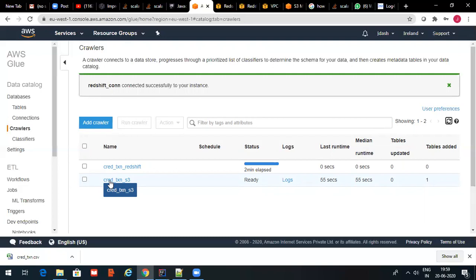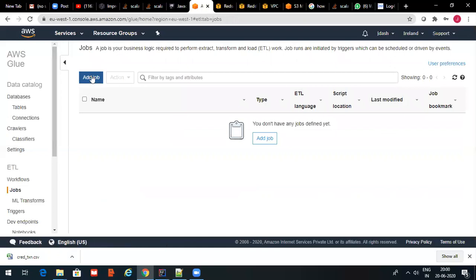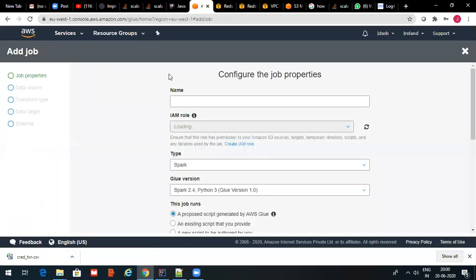So Glue jobs are basically making use of multiple crawlers to do the data ingestion or data curation. The crawler crawls the data. So now we are good. Let's see if things are correct or not. You can go to Jobs, Add a job. I'm giving it a name, say